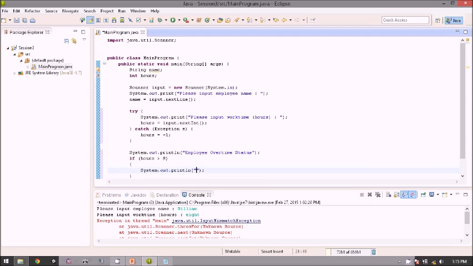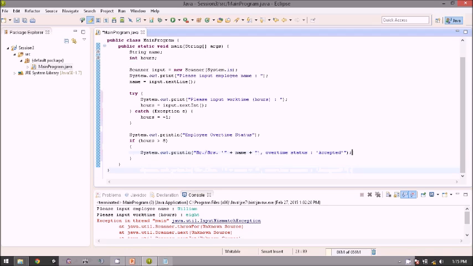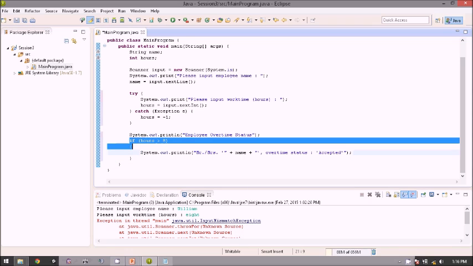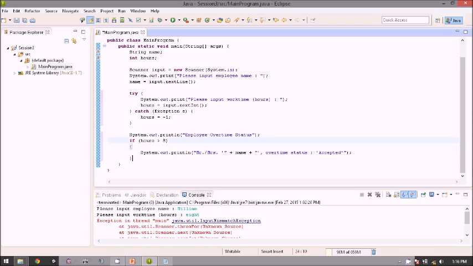We will print that the Mr. or Mrs., and inside the single quotes we will add the name variable, and the overtime status is accepted. If the hours is more than 8, the code will run this one, because there is an if in here, the selection.